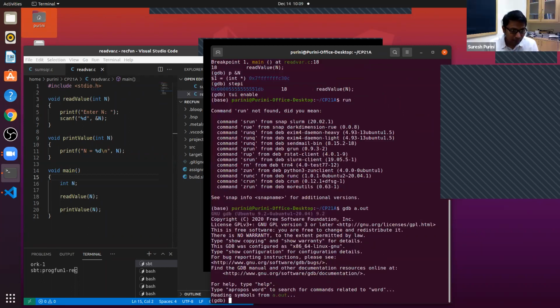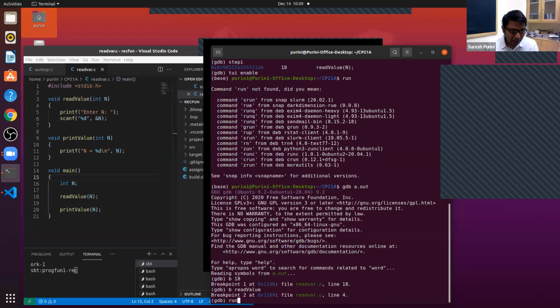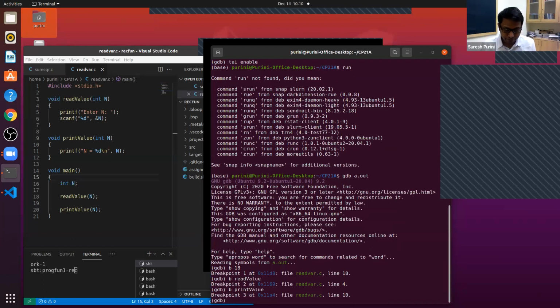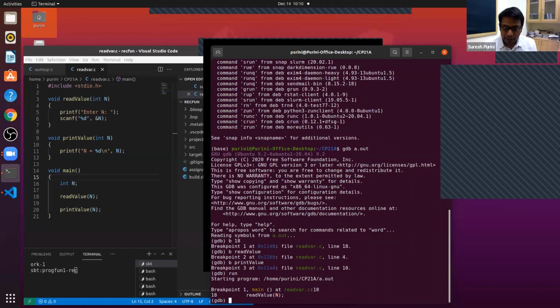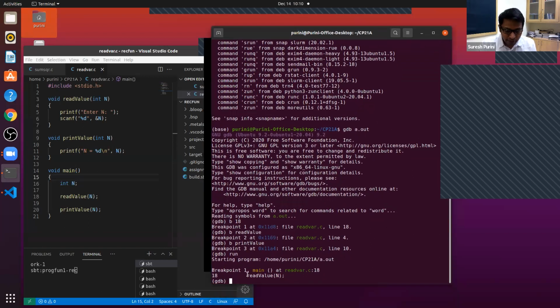I'm putting a break on line number 18, a break on the function read value, and a break on function print value. So, are you able to see my screen? So run. Now I'm running the program.